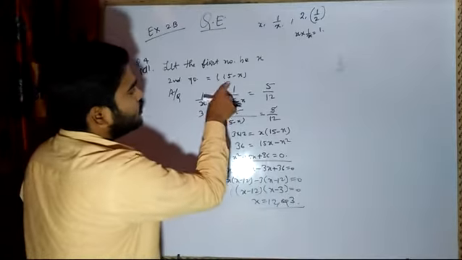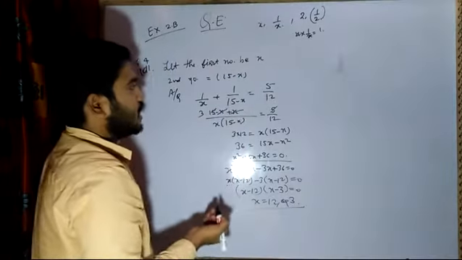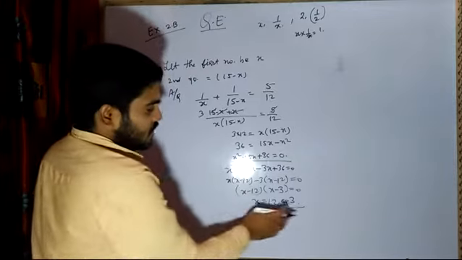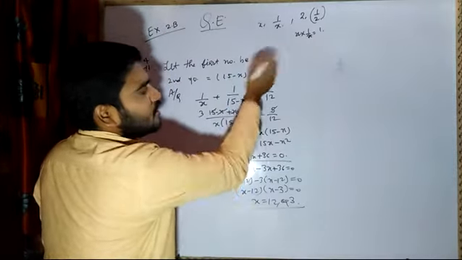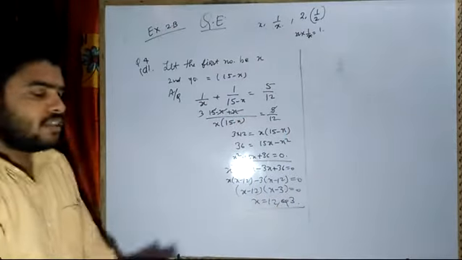If we put x equal to 12 here, then it will be 12, and 15 minus 12, that is 3. That is correct. We are getting the second number to be positive. If we keep 3 here, then 12 and then 3. So no problem. The solution is correct. In this way we should verify the answers.